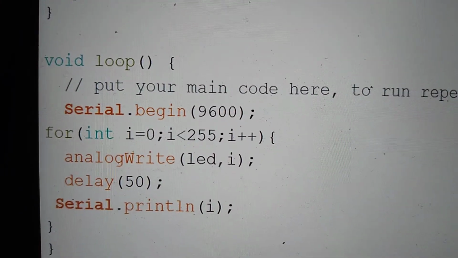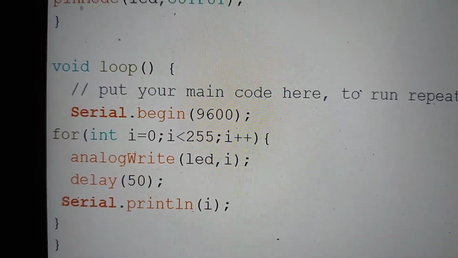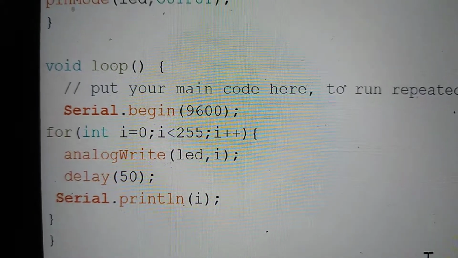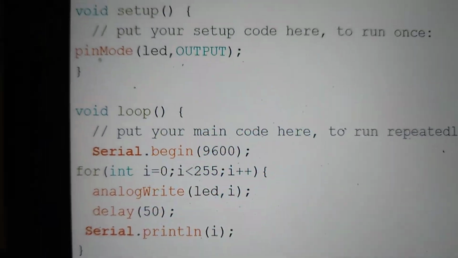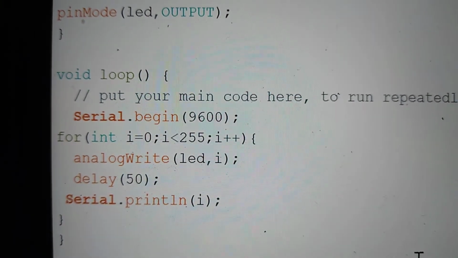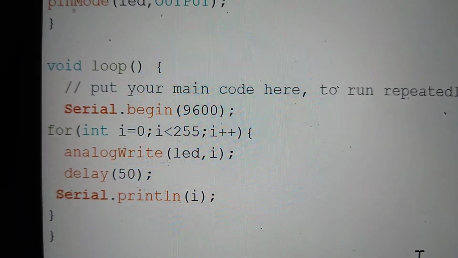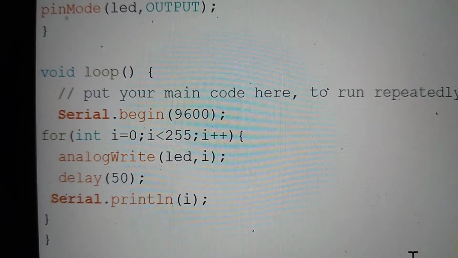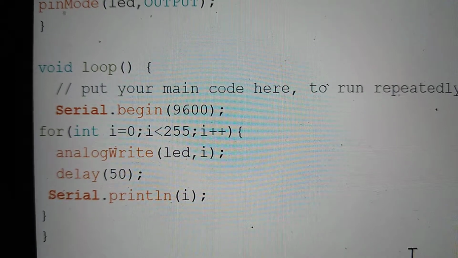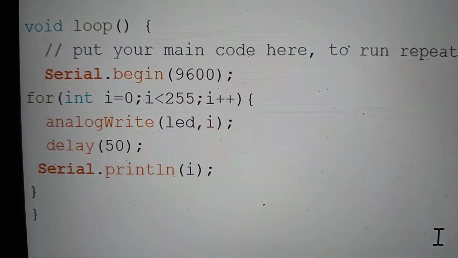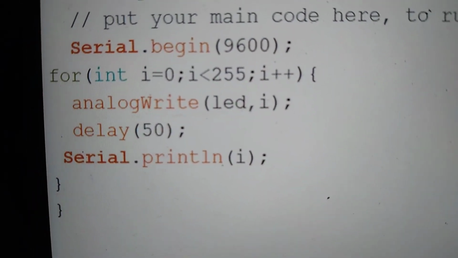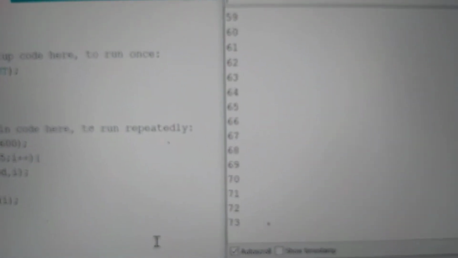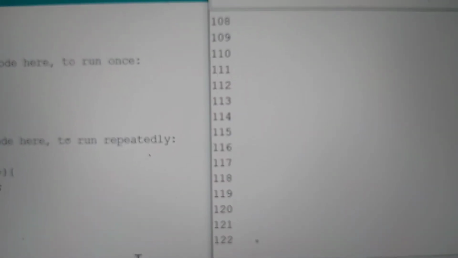Down here, the code: our integer starting off at 0 for our first bit, going up to 255. You'll see that i is our integer value. If it's less than 255, the plus plus just means increment it up step by step, one at a time, to 255. When it gets to 255, it then resets itself back with a 50 millisecond delay and starts all over again. So you'll see here on the monitor